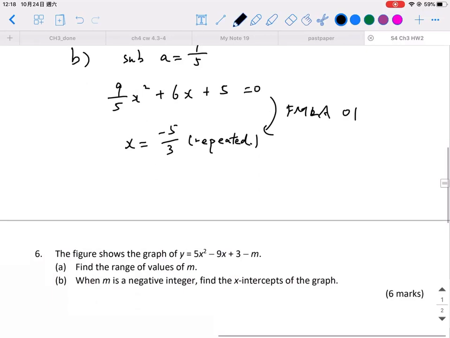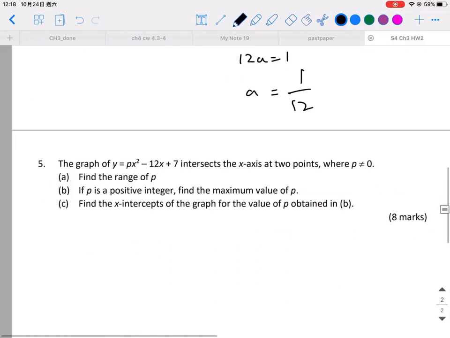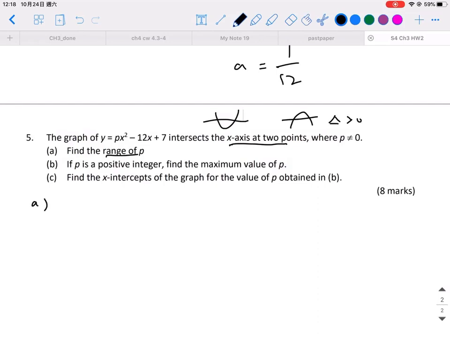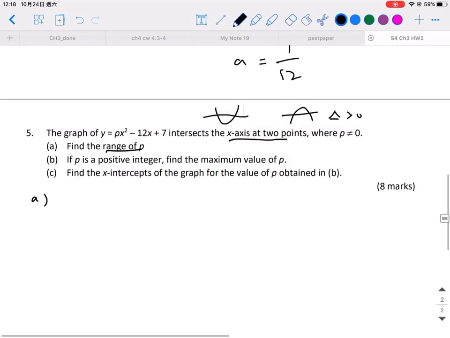Okay, so for question number 5, the graph, okay, we don't know the graph, but never mind, it intersects the x-axis at 2 points. So therefore the graph may be like this or like that one, and therefore the delta must be greater than 0. So for part A, find the range of P. So therefore, because it intersects x-axis at 2 points,